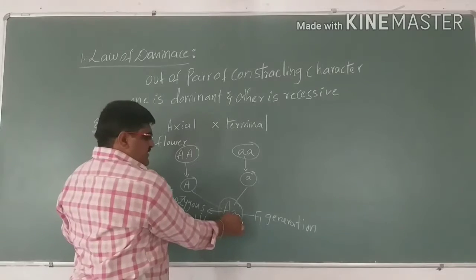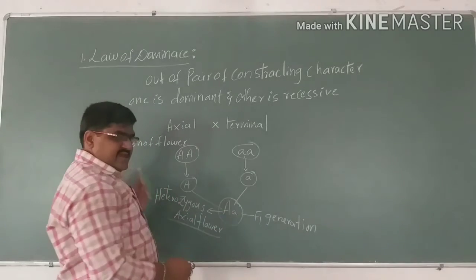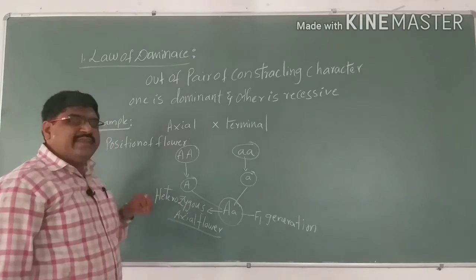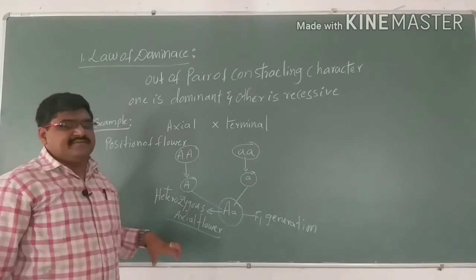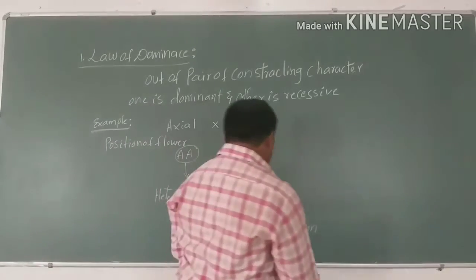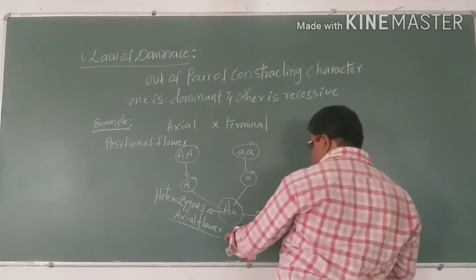The recessive character will not express itself over the dominant, so only the dominant character is expressed. Now in the F2 generation,